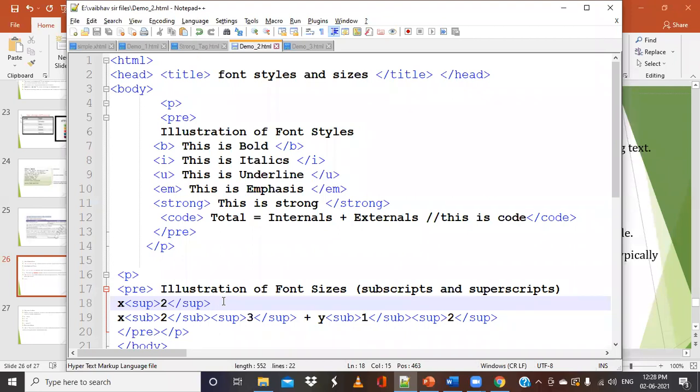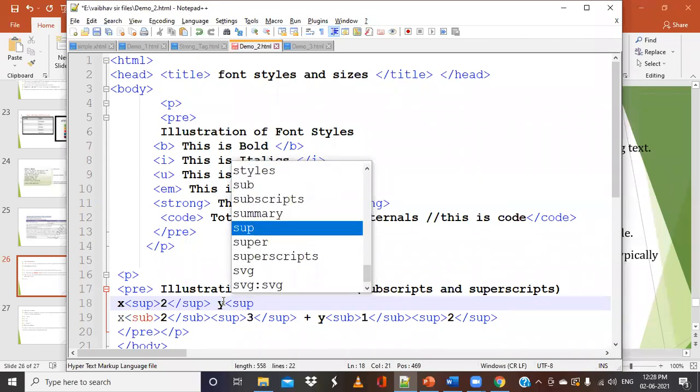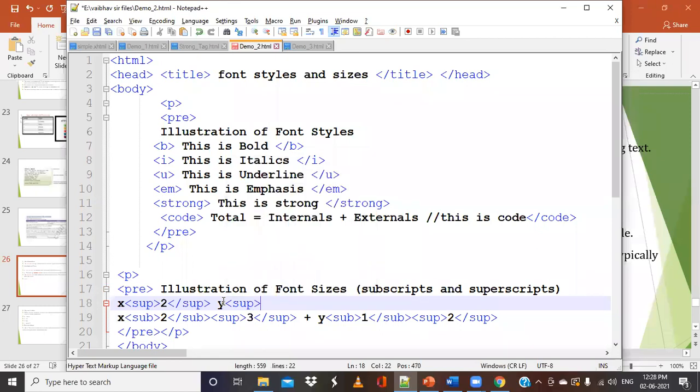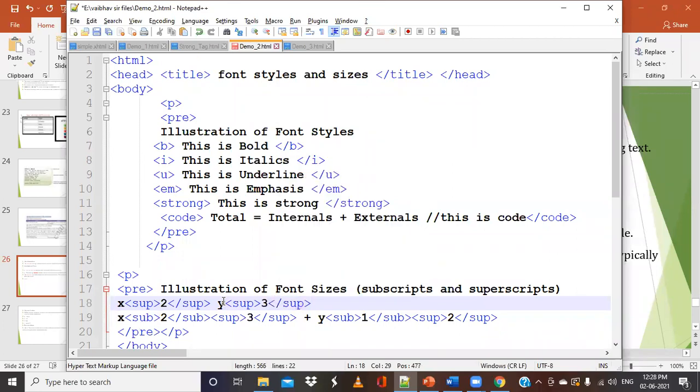After x, I want to put y, then sup, then 2. If you want y square, you put 2. If you want y cube, you put 3. Then close the superscript. So this will display y cube.